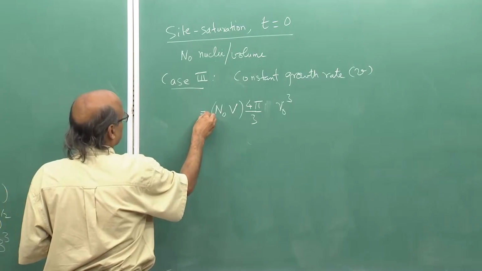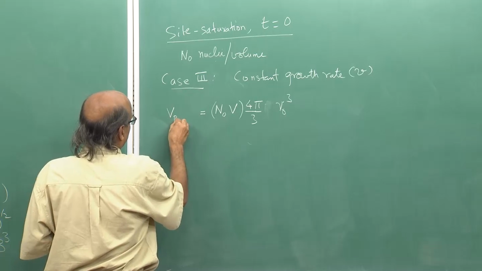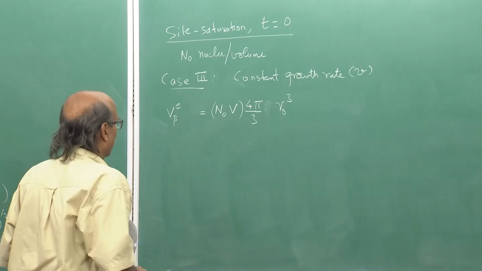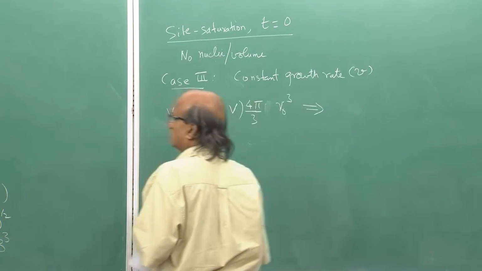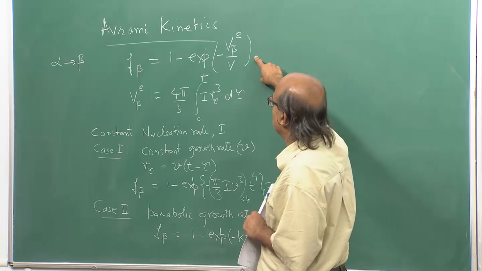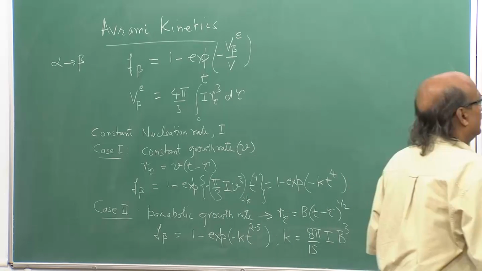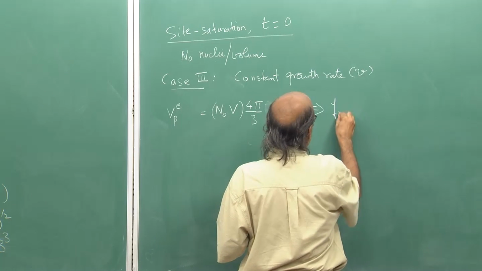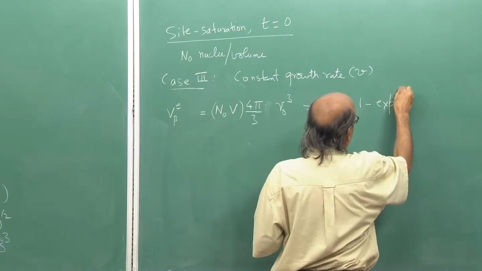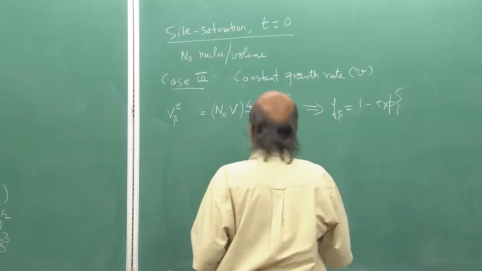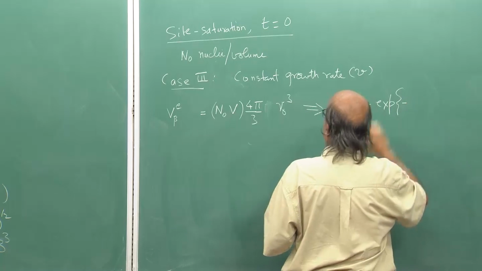This then becomes simply the extended volume. We substitute this extended volume into this exponential relationship to get fraction beta transformed as 1 minus exponential minus